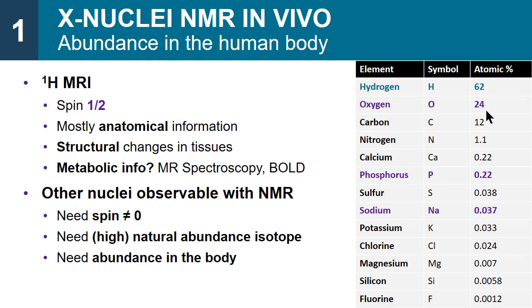Then the second most important one is oxygen, but unfortunately, oxygen 16, the most abundant one, is not detectable with NMR. But oxygen 17 only represents 0.37% of the whole content, so it's not much signal. Phosphorus is pretty abundant in the body, but most of it is in the bones, though we can still detect some in the cells. Then the second easiest detectable nucleus in the body would be sodium, which has a very small concentration, but is still detectable.